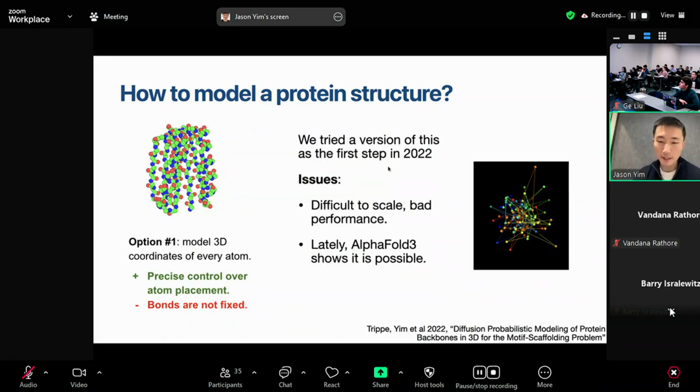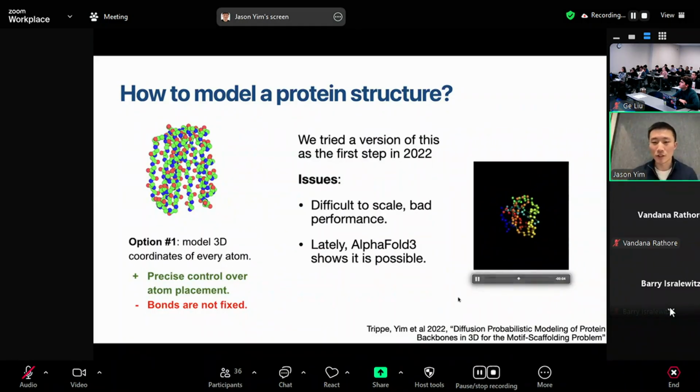And actually, there's a paper back in 2022, which is one of the very first papers in diffusion models, that I was one of the first co-authors on, where we tried this out with the C alpha carbons of a protein. And it kind of worked. Here's one generated sample of the diffusion model; it could generate these proteins. But then we found this was difficult to scale, and it wasn't giving great performance at the time. So that was then, and I was at MIT where I was running my jobs on 2 GPUs. And then lately we've seen people show that you can actually scale this up and start getting very good results. So this option one, we abandoned back then,